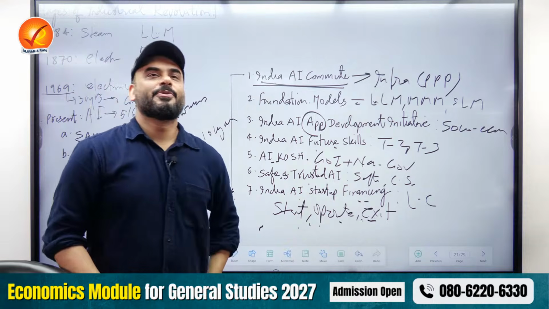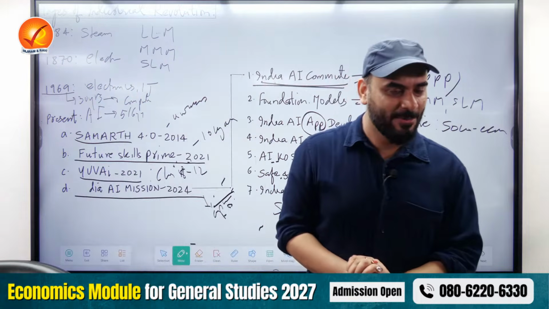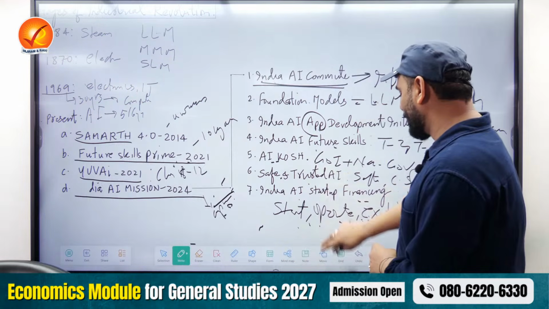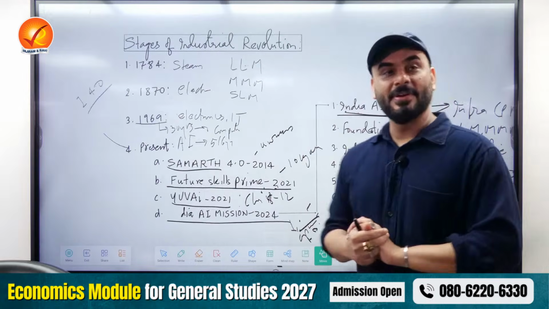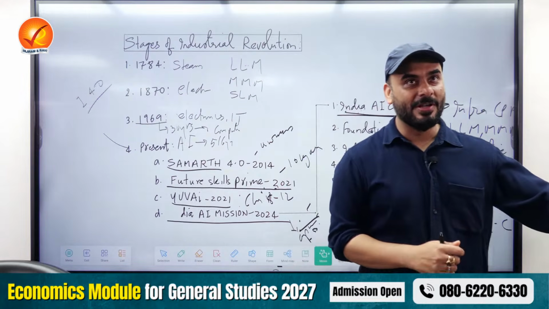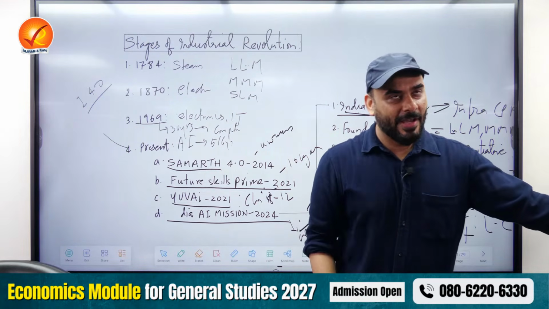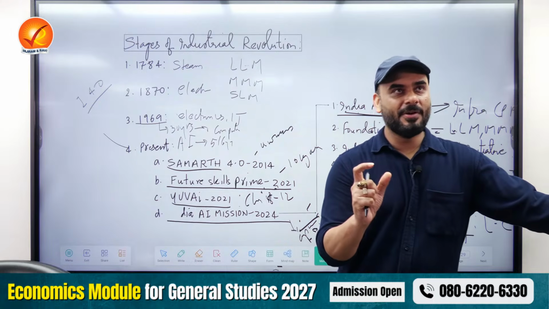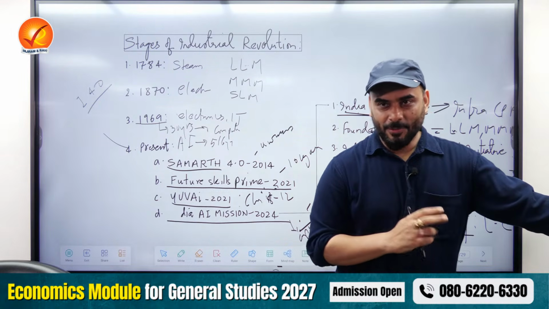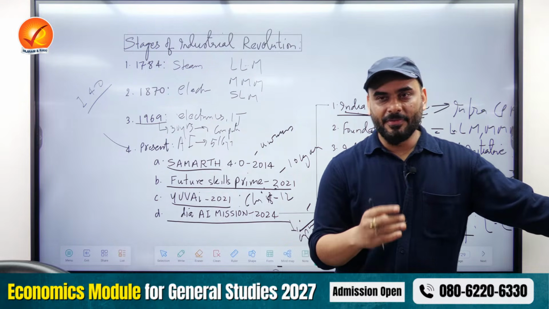So if I ask you a question quickly to see if you are able to memorize this or not: in the first phase of the development of the Industrial Revolution, can you please tell me what is the most important part which happened in 1784? The most important part is industries were getting power from steam.